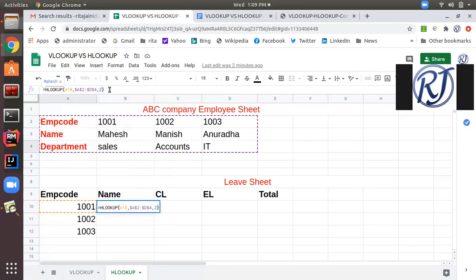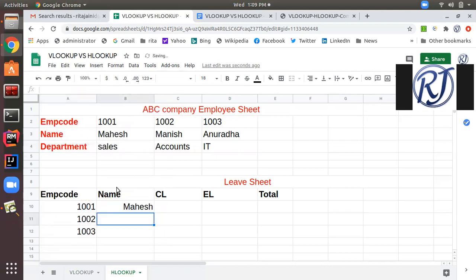Okay, I am entering the formula. So let's see, wow, it's picking the correct result. So I will copy this. Like this I can make my sheet for all the employees. So as you can see, how much simpler my work has become.